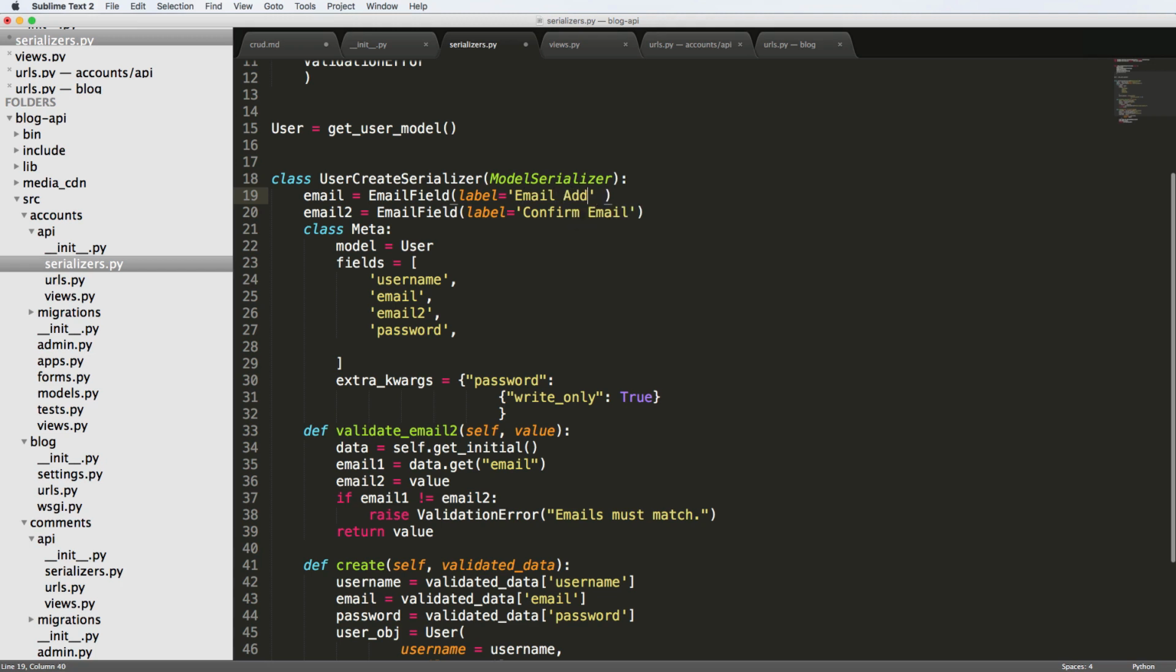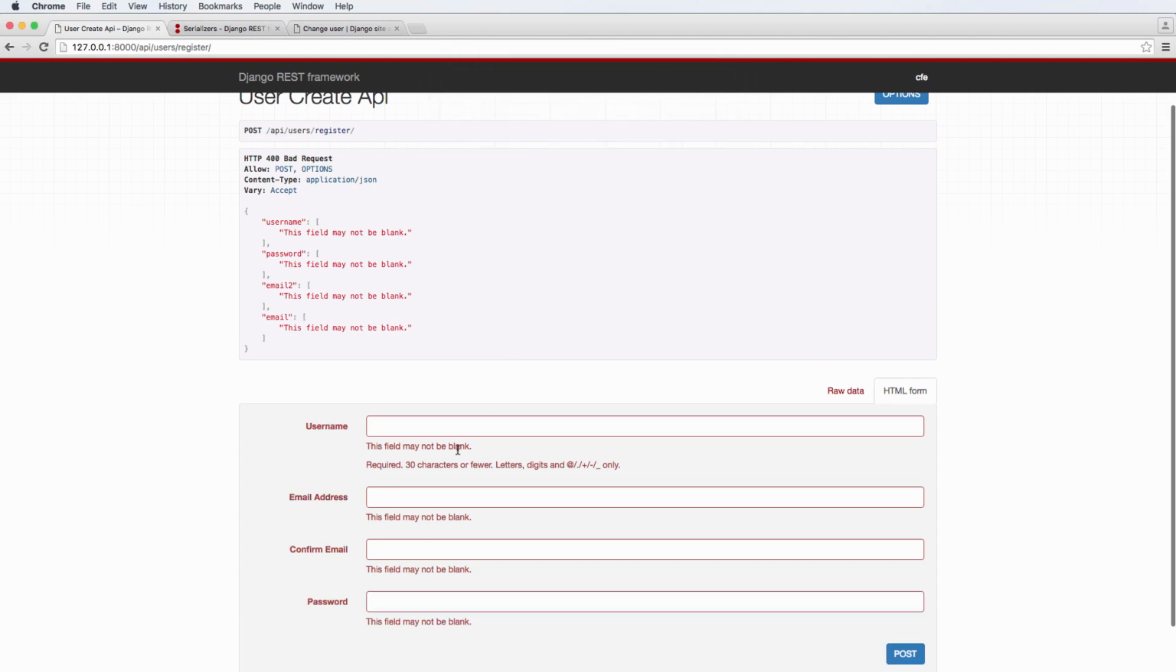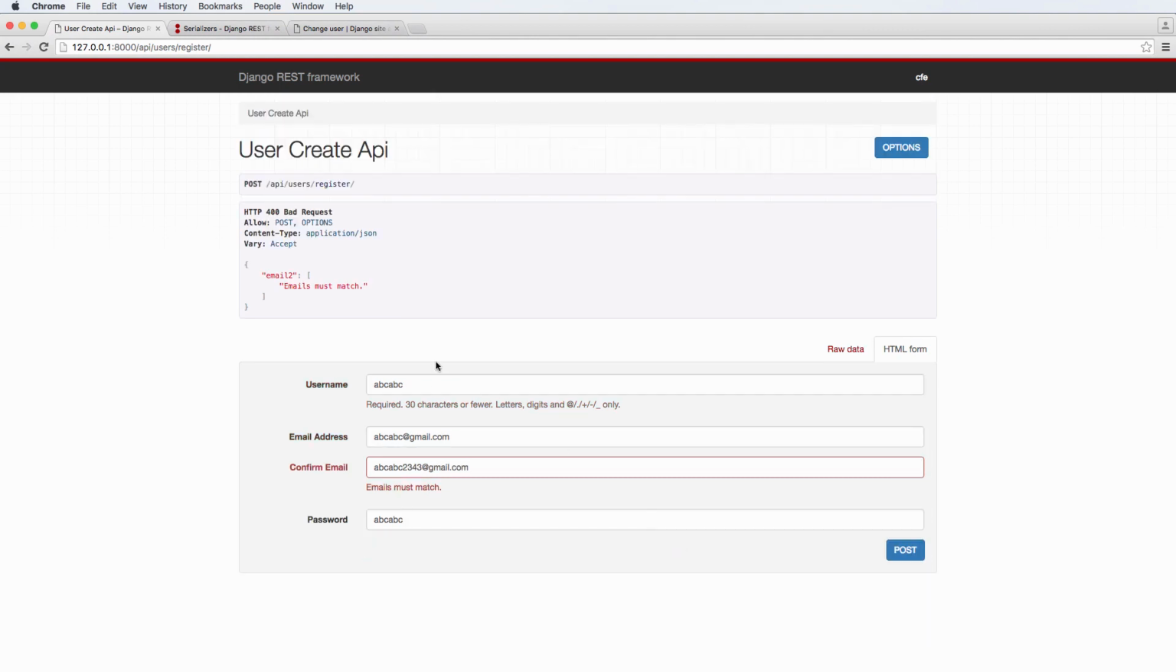And I'll call it address again. Save that, refresh, hit continue. Now it's making all of them required. Okay, so now we'll do a username, ABC, we'll do ABC twice, and then ABC at Gmail, and then ABC whatever at Gmail, because we want to test that validation error. Password, I'm just going to do password, and boom,